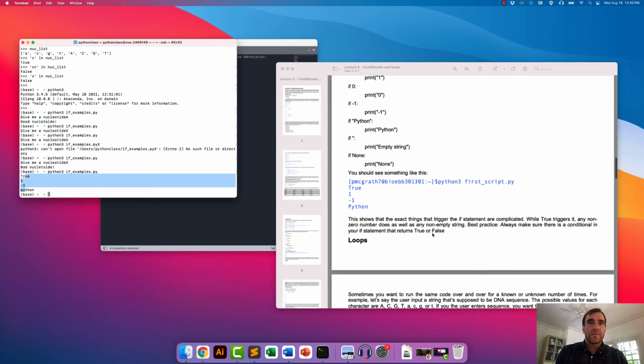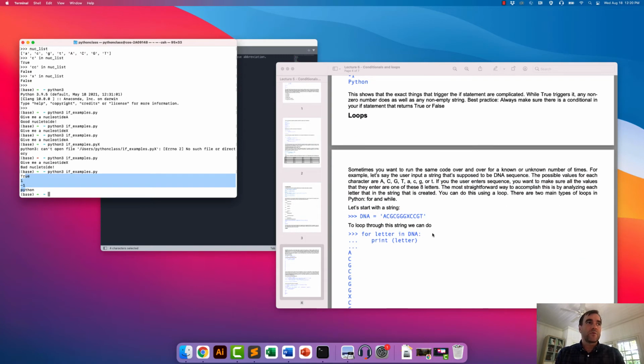All right, the second part of this lecture, we're going to cover loops. Sometimes you want to run the same code over and over again, either a known or an unknown number of times. For example, we've seen how we can use a script to determine if users have entered a nucleotide that is one of the 4 letters it can be: A, C, G, or T. But let's say we want to extend this to enter not just a single nucleotide, but a whole DNA sequence. So if the user enters the sequence, we want to make sure that all of the values